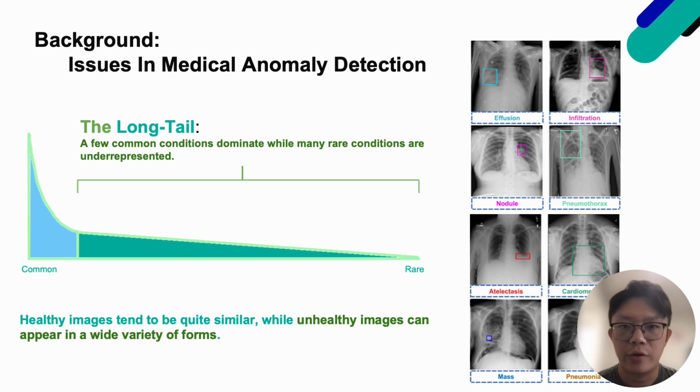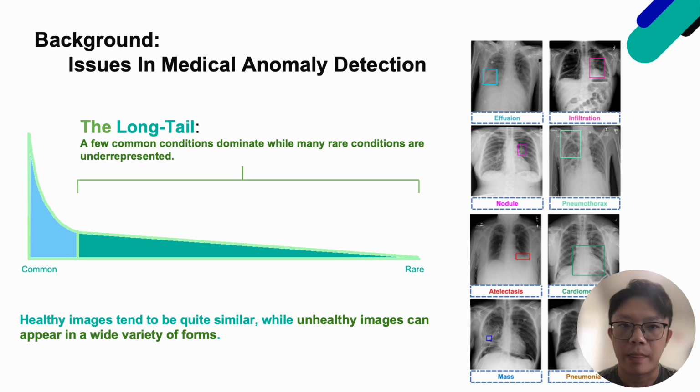Firstly, it's very intuitive that all the medical data run into a long-tailed problem. Only very few common conditions and healthy images dominate the dataset, while many rare conditions are underrepresented or even missing in our dataset. Secondly, from an imaging perspective, we have a lot of healthy data and they tend to be